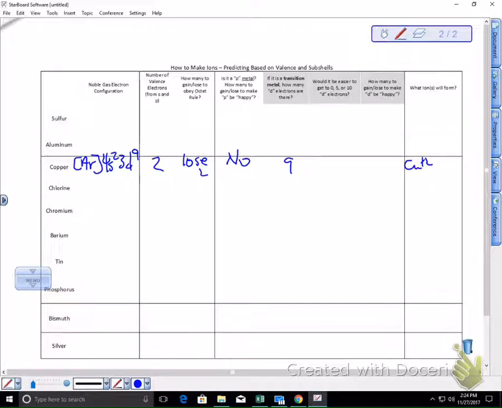You can't gain. But copper has come up with a little trick, and what it can do is promote 1 to get 10. And what it's doing is really reshuffling its electron configuration. It goes, instead of 4s2, it says, well, let's put one of those s electrons into the d. That's why it's called promotion. And now you only have 1 valence, and so you can just lose 1. And we see that in nature, copper does indeed do that. For copper, the +2 ion is actually still the most common,